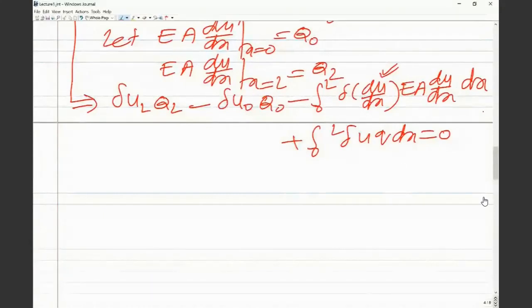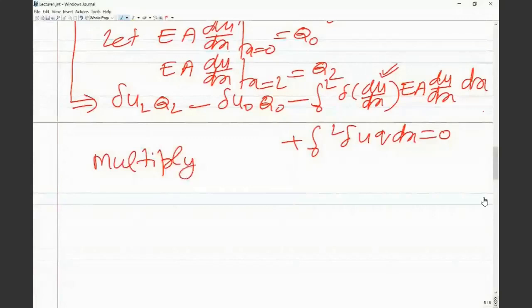That is to make sure that the datum for the total potential energy or the integral functional is taken as the undeformed configuration of the rod. So to do that, we multiply the whole equation